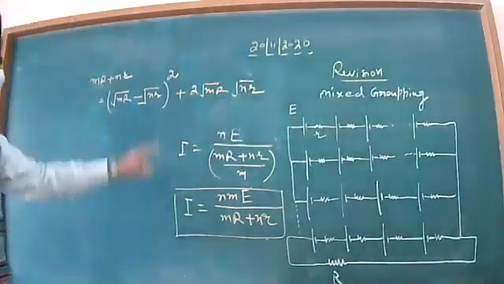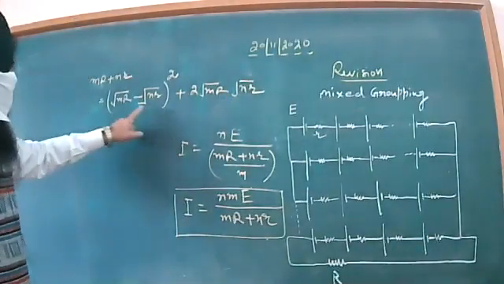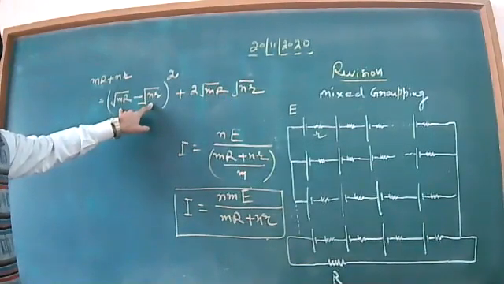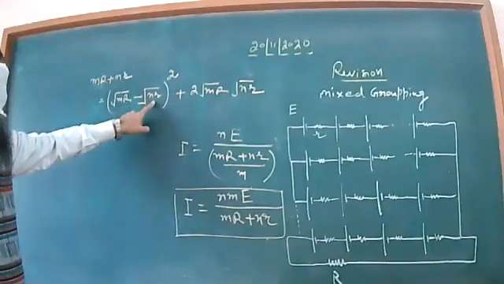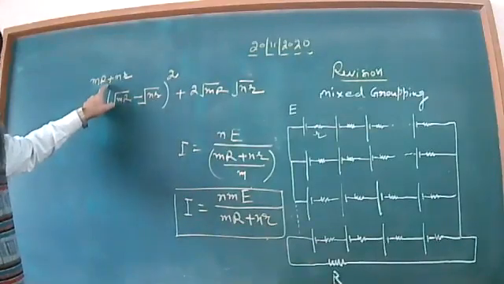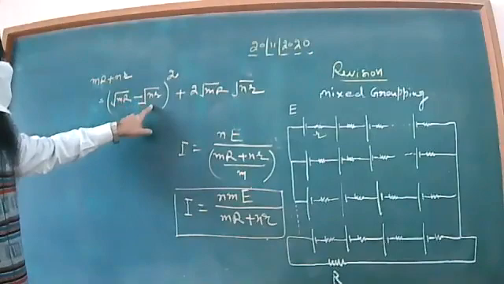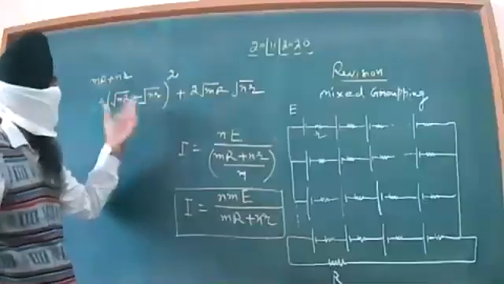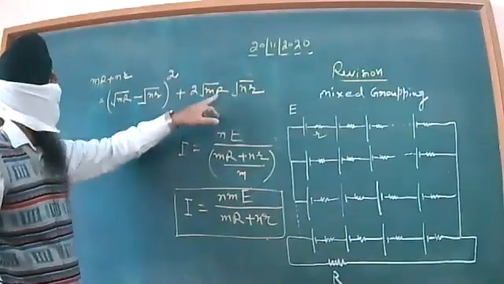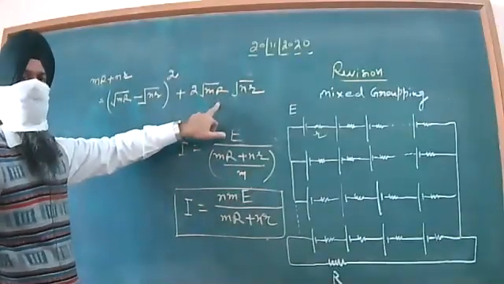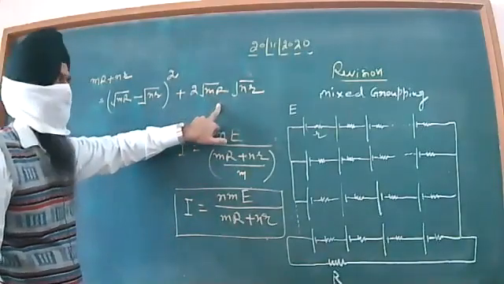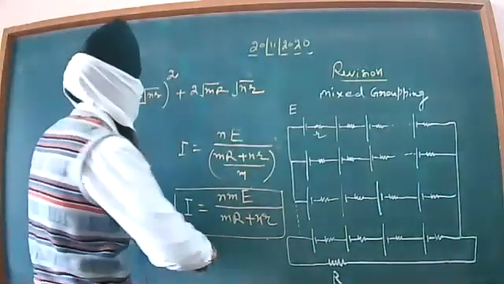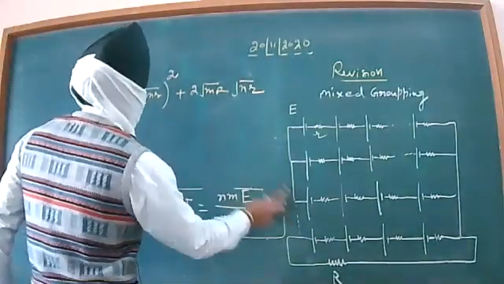Once again, look at this step carefully, dear children. When I perform a minus b whole square, it will be a square plus b square. This will give us the left hand side. Minus 2ab will be the additional term introduced in our calculations. In order to compensate that term, I have to add it from my own side. So after solving this, I will get the left hand side as such without any change.